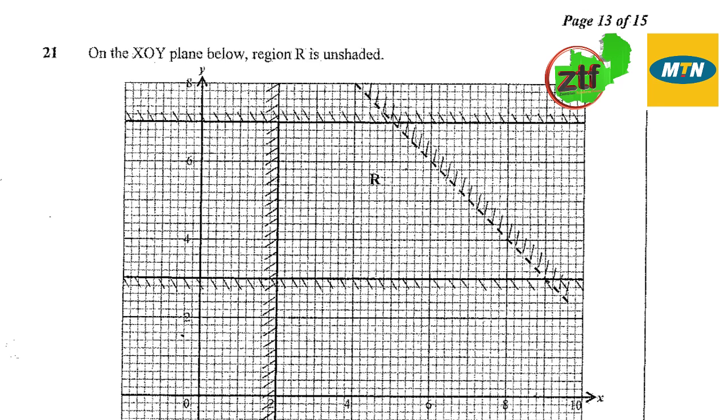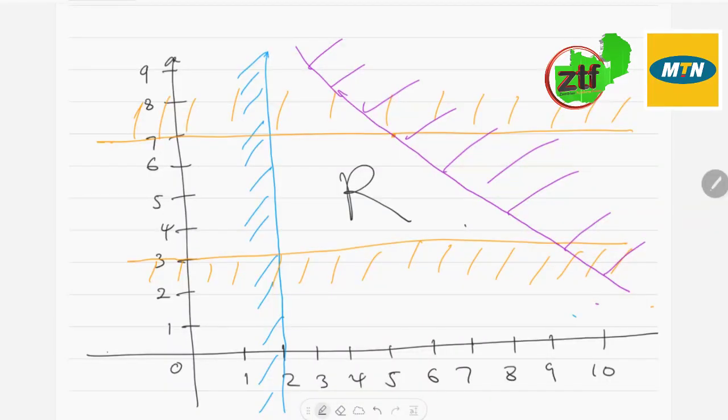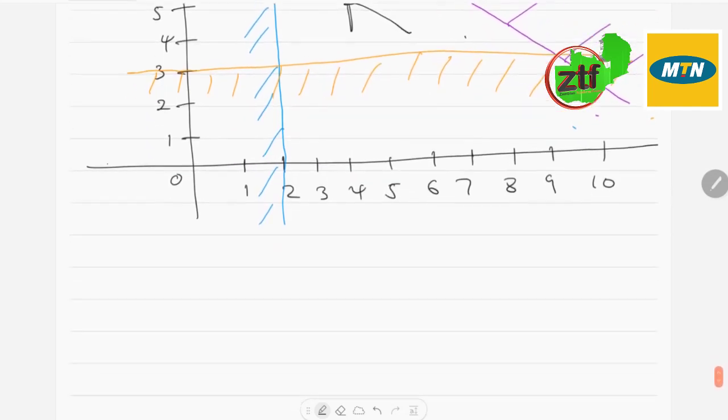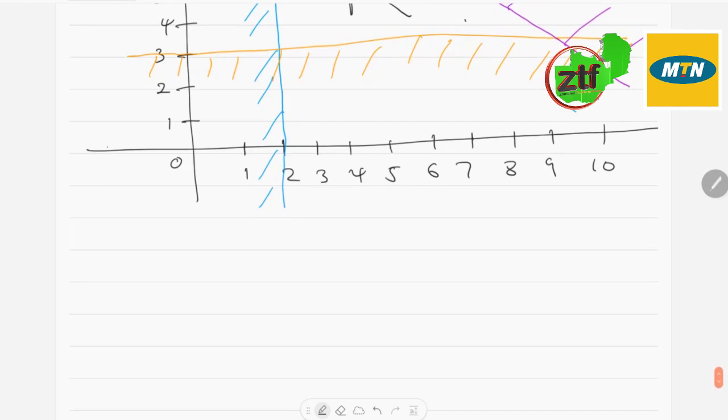Then we are looking for, it's here, this is the region we are looking for. All right, so now let's quickly find the inequalities, which are these constraints we are talking about, now that we